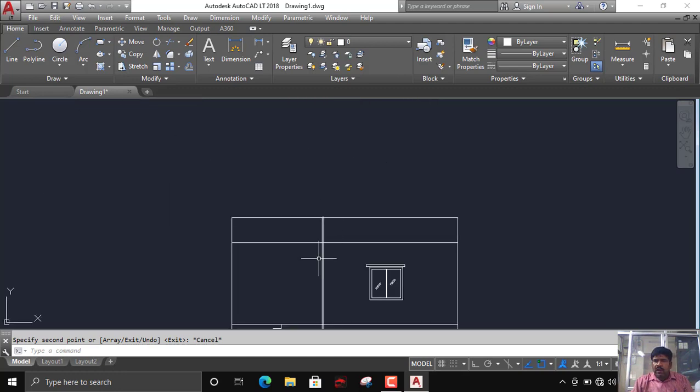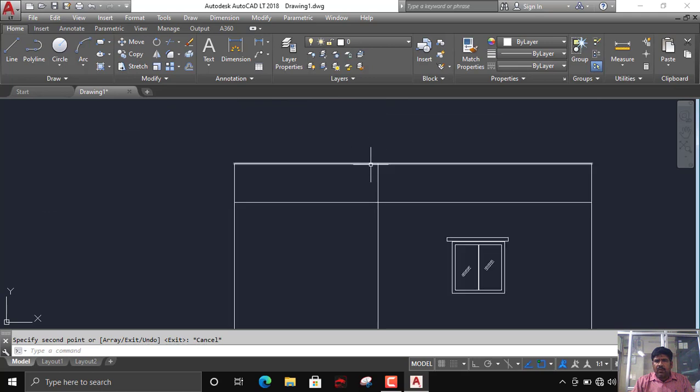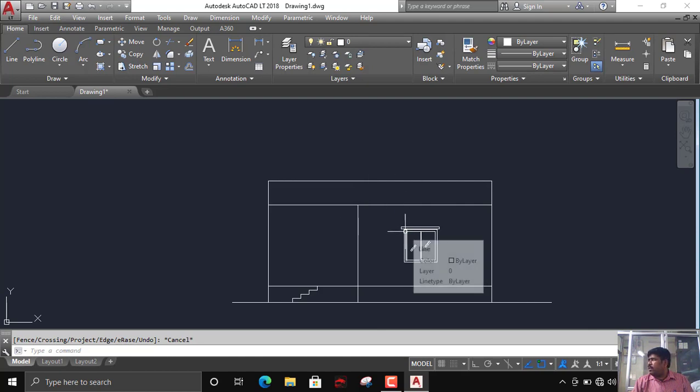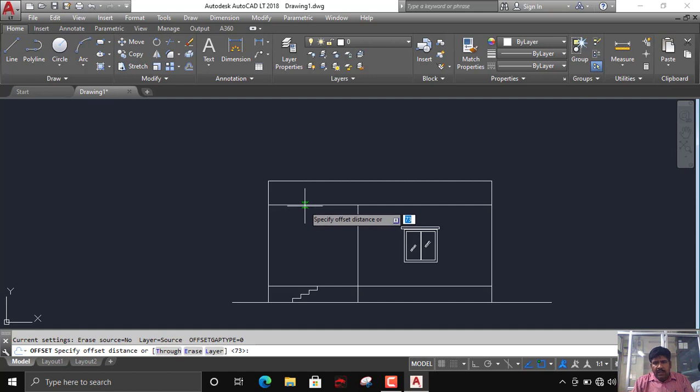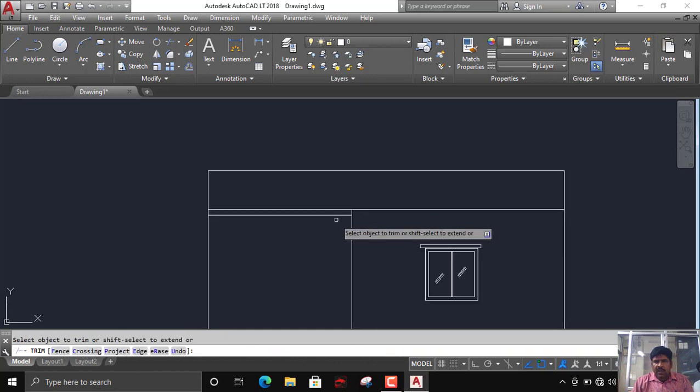And there is a ford that will come here because I have this. But if your slab is full, that means this ford you can neglect, right? If the slab is full, it will look like this. Clear? And if some slab projection is there, you have to show that slab projection here, because that alone will be projected outside. Correct?